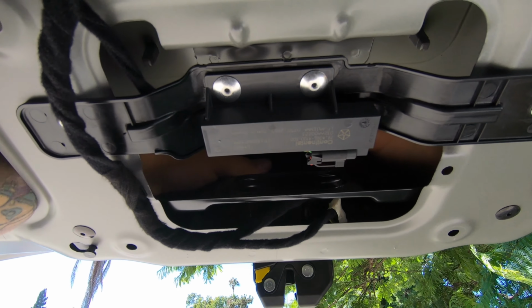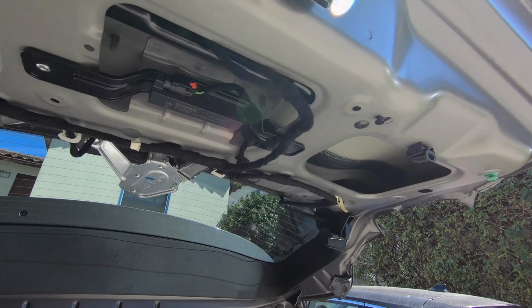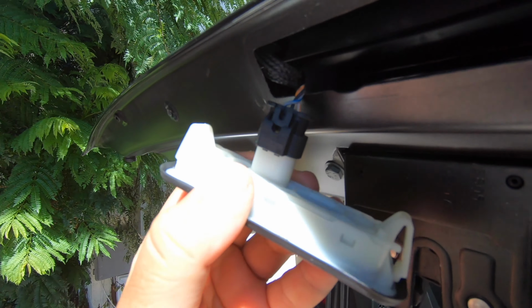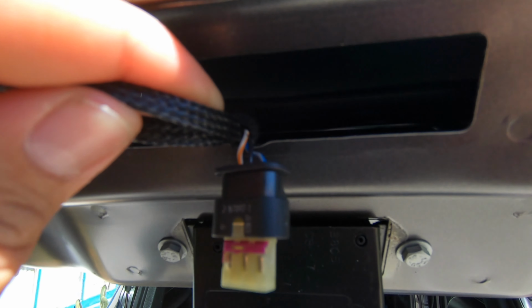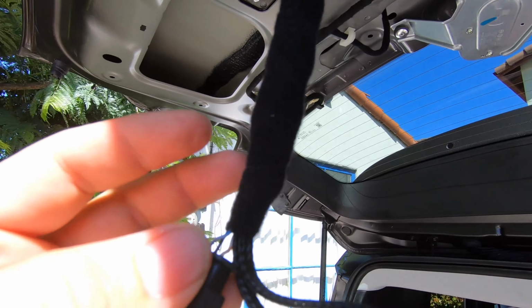Okay, second thing, you have your buttons down here. The one on the left is to pop the latch, and the one on the right is for the alarm. So we're not gonna mess with the one on the right, just this one. Here, the wires that control your hatch release are the white and orange one, and the black one in the middle, that's your ground. You're gonna wanna pull your cable through, and yes, you're gonna be doing some cutting, so